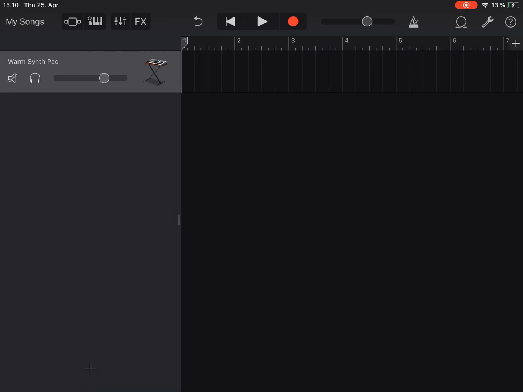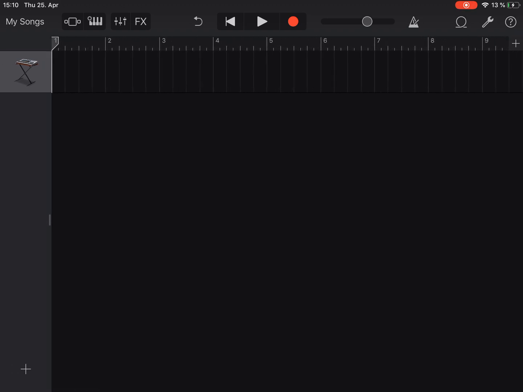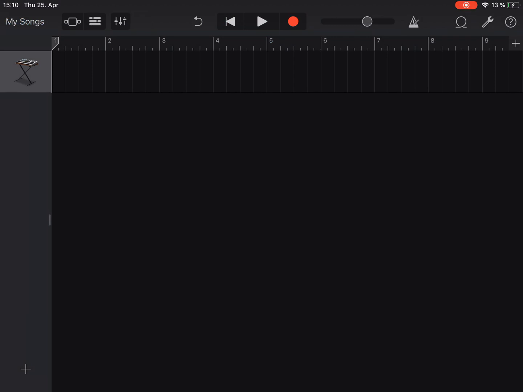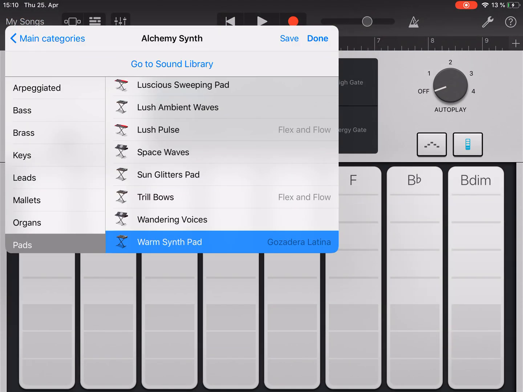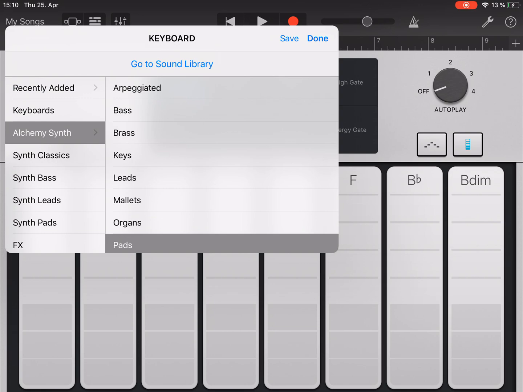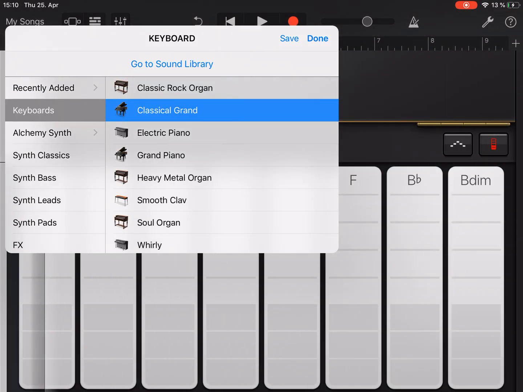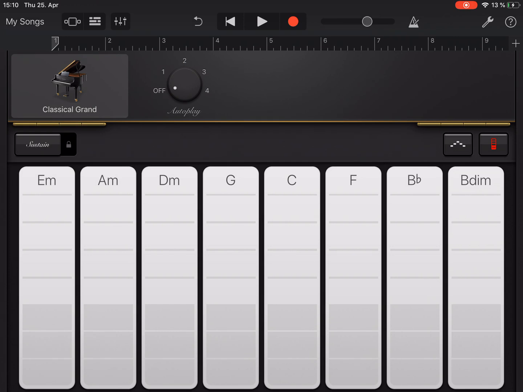At the moment we have a warm synth pad on the first instrument, but I'm going to change that to a classical grand piano. So I'm going to go to the keyboard section, classical grand piano, and this is the smart area of the instruments. I can either record here